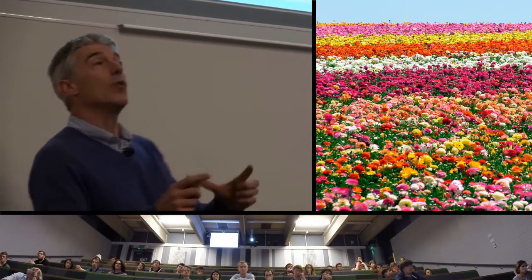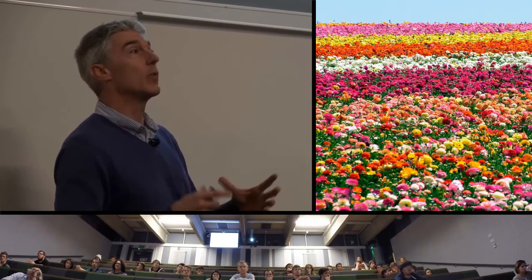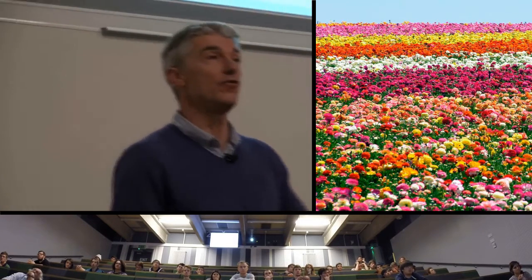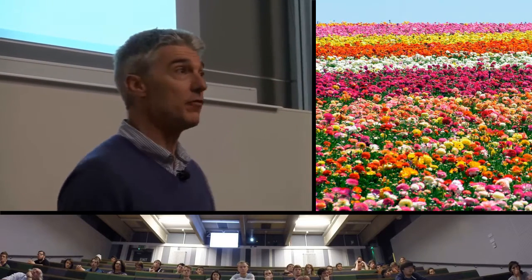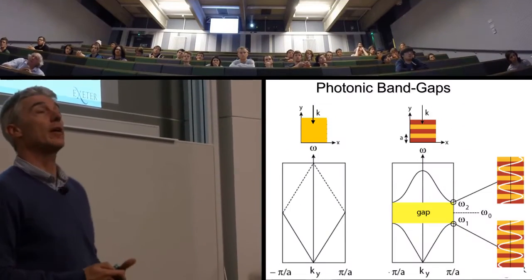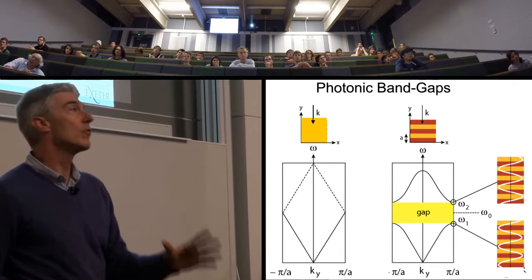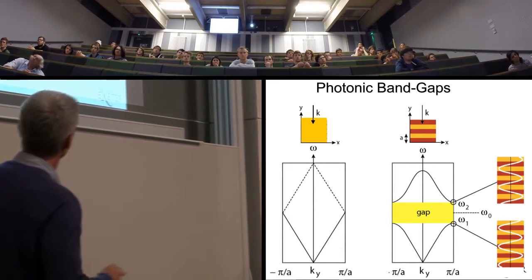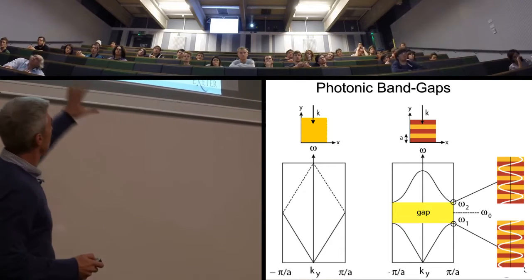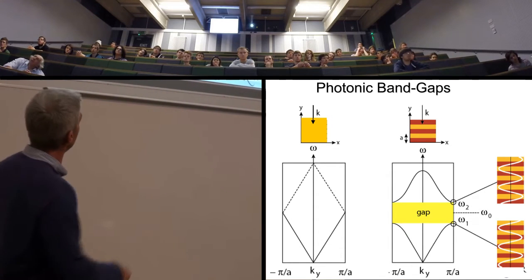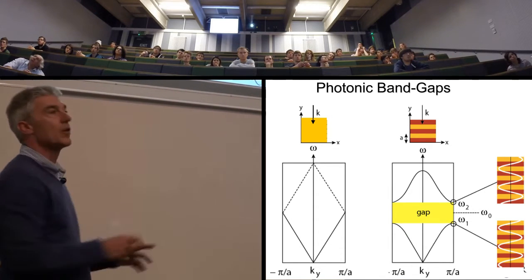What the more purist physicist would be interested in when it comes to appearance and colours is this idea of manipulating light. The jargon, the phrase that I'll introduce here is this idea of a photonic band gap. Let's just revive a couple of physics concepts. The first would be this, and this is a rather esoteric diagram. Let me explain it. Y and X are spatial positions.